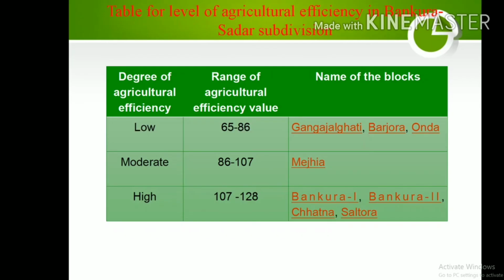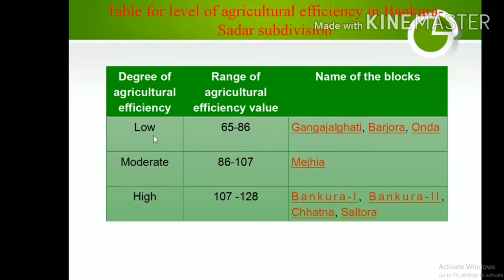So, the value for the low category is 65 to 86. The range for the moderate category of agricultural efficiency is 86 to 107, and for the high category it is 107 to 128. Finally, you have to put the block names according to their agricultural efficiency value. So, when I put the value of agricultural efficiency of the different blocks, it gives the result